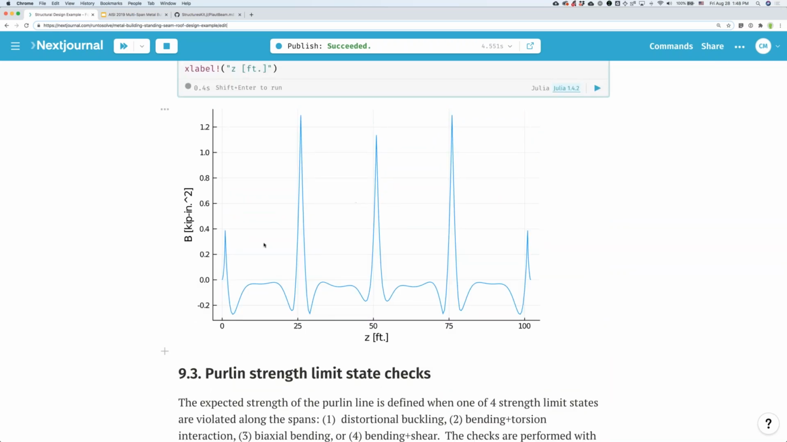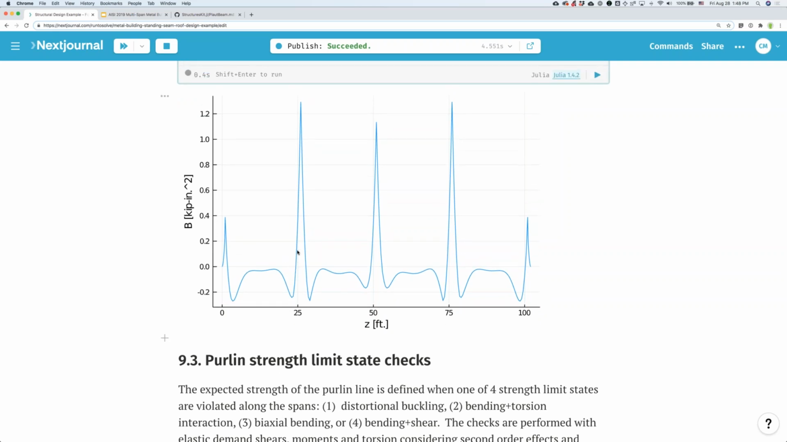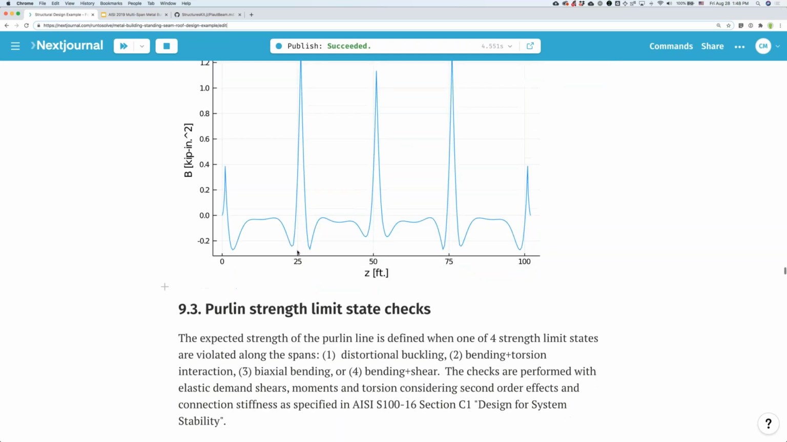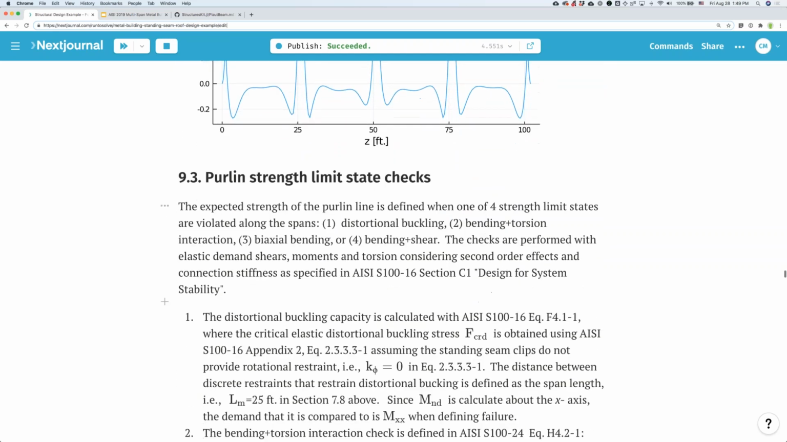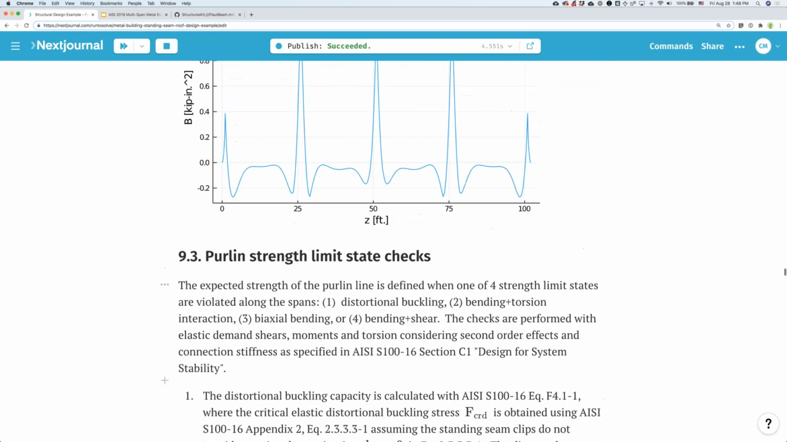And so you can see again here that the bi-moment really builds and is very high at the supports. And we're not used to dealing with bi-moment because we usually aren't able to calculate it. And so this tests the AISI equations, as I'll show you a little later. All right, so we made it through the